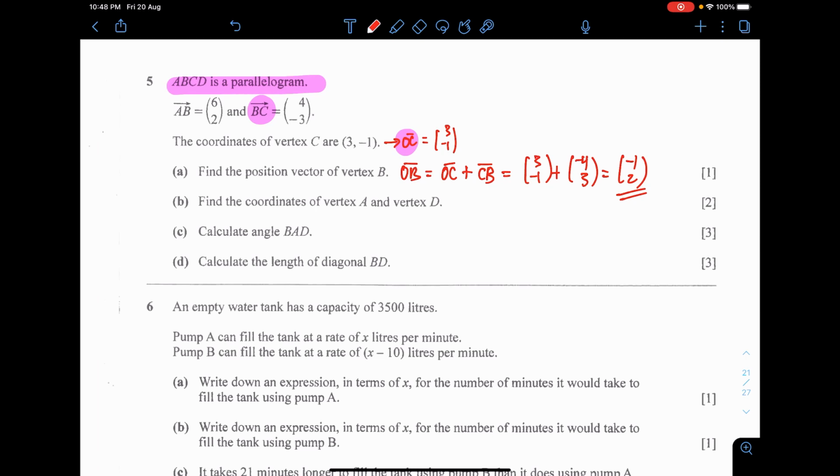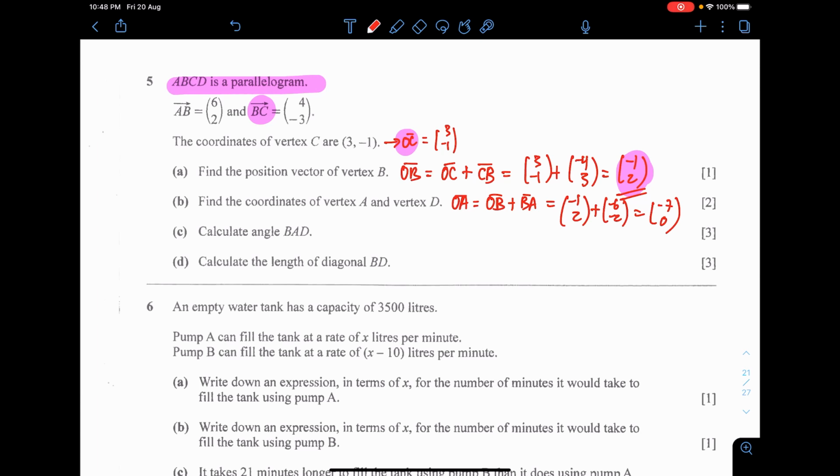Next, find out the point A and the point D. So far we only have OC and OB. This is going to be important. You need to find point A. Since we have OB, that will be very helpful. I need to find OA. So OA will be OB plus BA. Connecting the alphabet. OB is negative 1, 2. BA is the opposite of AB. Hence, you put negative 6 and negative 2. That will be negative 7 and 0. So that's the point A, negative 7, 0.